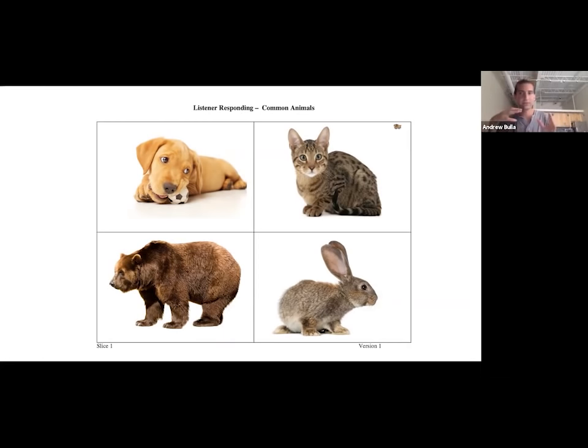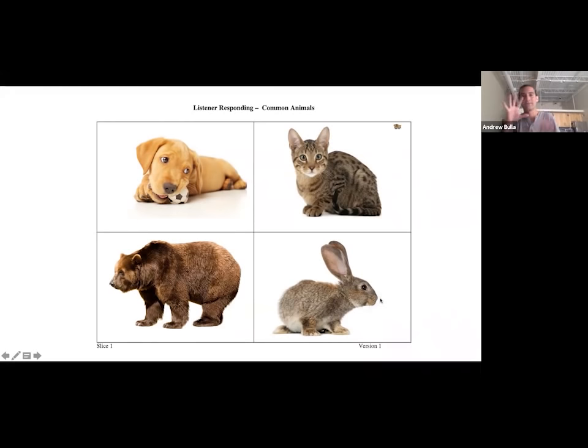So it's still a little bit restricted, but it's way more free, and I've lifted the ceiling way more with something like this, right? And notice at the bottom, it says version 1, slice 1. So I would have 4 different versions of this practice material so that the learner doesn't learn that just in the top left corner, that's a dog, in the top right corner, that's a cat, the bottom left is a bear,